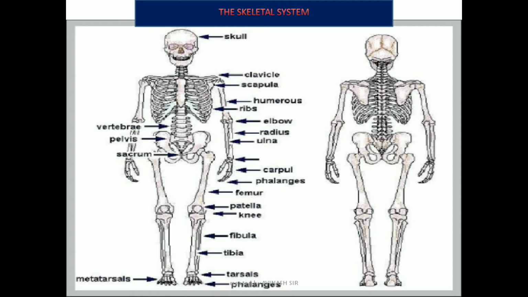Now we'll go ahead to the next bones, that is the bones of hind limbs or your legs. First is the femur. It is the longest bone of the body. It is the strongest of all the bones of the body. Its lower end is flat and forms a joint with the tibia bone. There is a ball cap like structure at its upper end. It fits into the acetabulum and forms the hip joint.